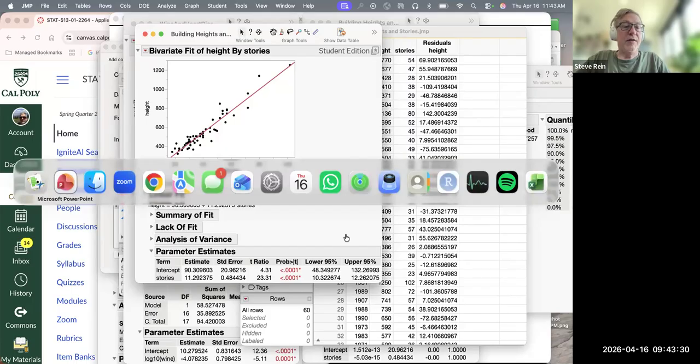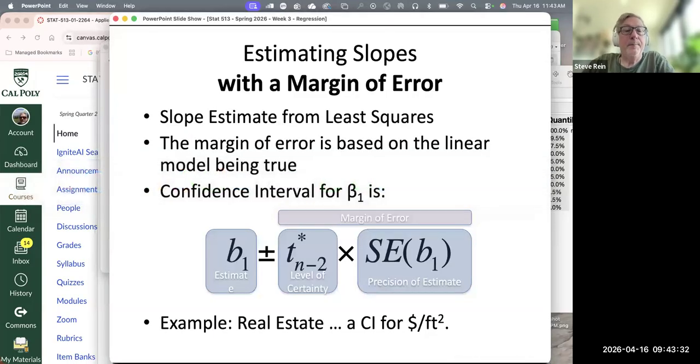Okay, questions on that? Confidence interval. Well, I'm waiting for a question. I'm just going to comment that I'm not a huge fan of Zoom, because questions from students are fewer than if we were in person and I was staring at you one by one. So I've paused long enough for questions. Okay, I'm going to move on then.